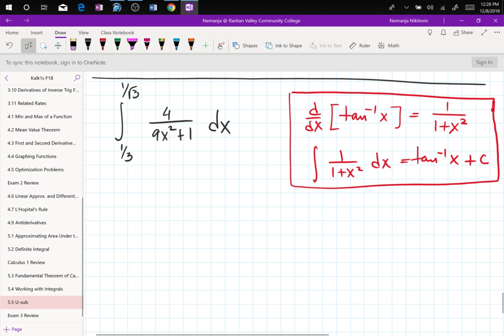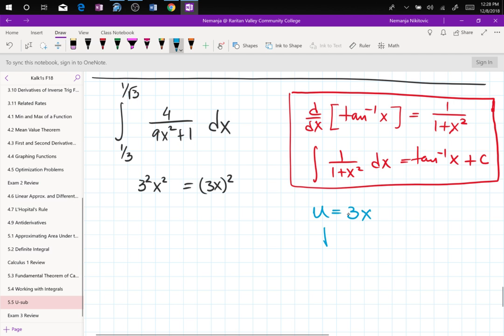Now the issue is that you don't exactly have x squared plus 1, you have 9 x squared plus 1. So the way to fix that is to make this thing something squared, u squared, right? So how do you make this u squared? Well, we say 3 squared times x squared can be written as 3x everything squared. And this is where u kicks in. u equals